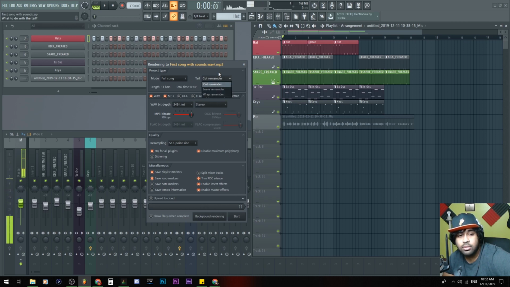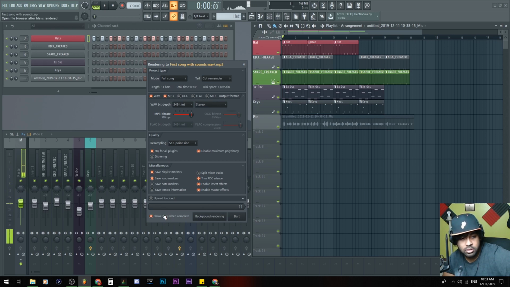But once you like what you have here, make sure it's on full song for the playlist right here, or pattern for just this first insert here, you can see it shows only 2 bars and 7 seconds. So yeah, the full song is actually 34 with 11 measures, 11 bars up to number 11, because I had clipped a little bit there. Yeah, if I hit start, it will start the export.